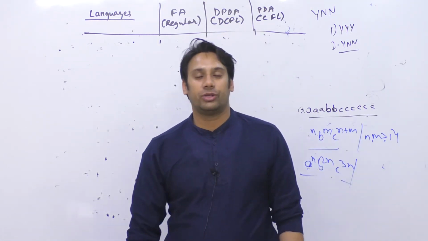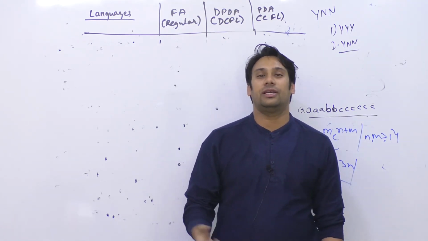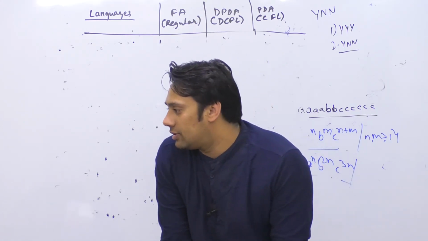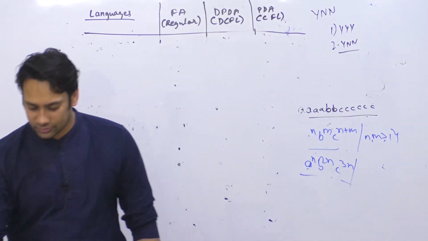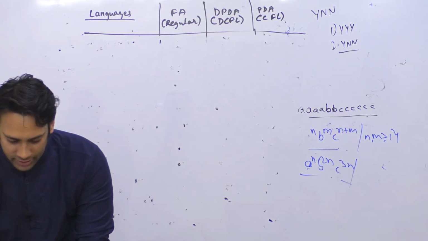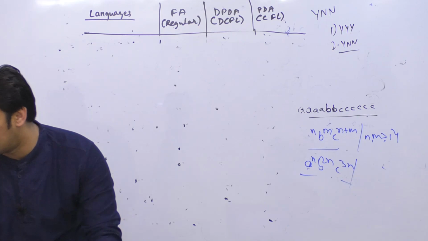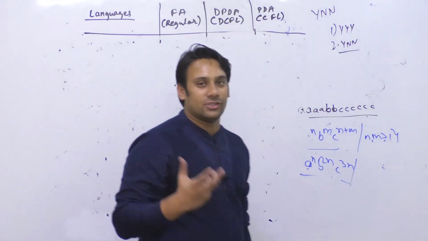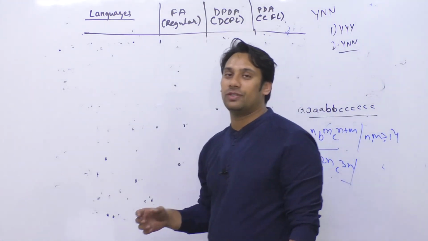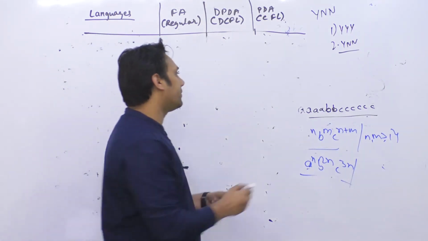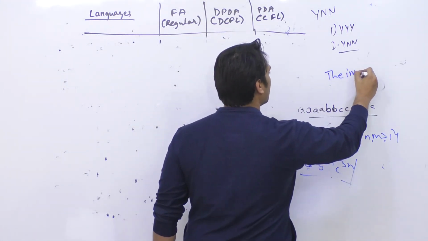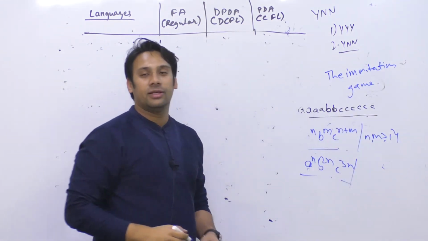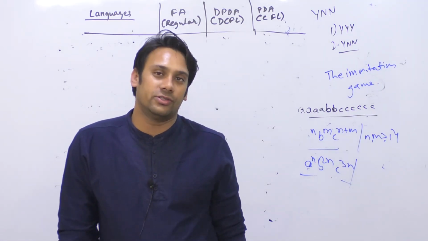Anyways, there is a scientist called Alan Turing. In the Second World War, he was acting as a god. You can see his movie. Let me give you the name of the movie, you can take it as a homework. It is a kind of homework that you will enjoy. After the class, go and watch the movie The Imitation Game. This movie is on the scientist Alan Turing, who was considered a god of computer science.